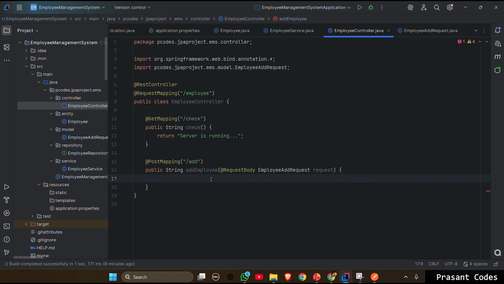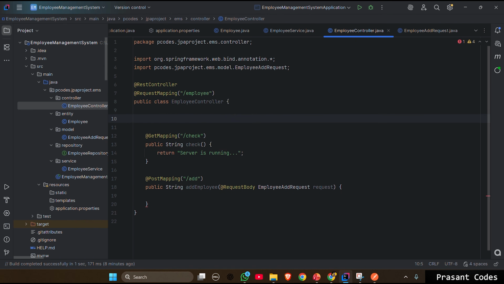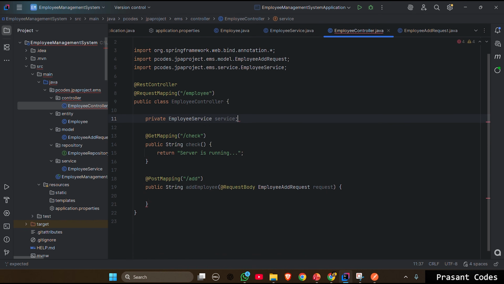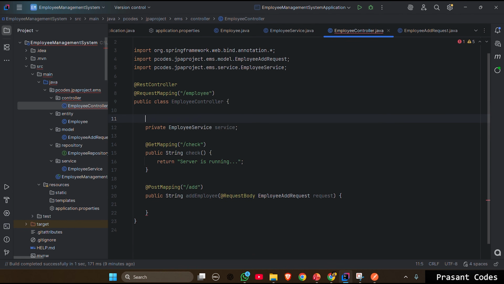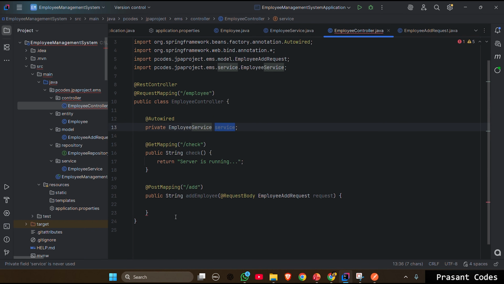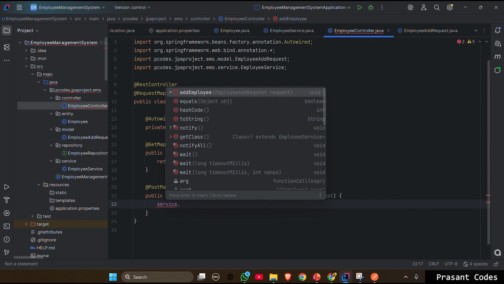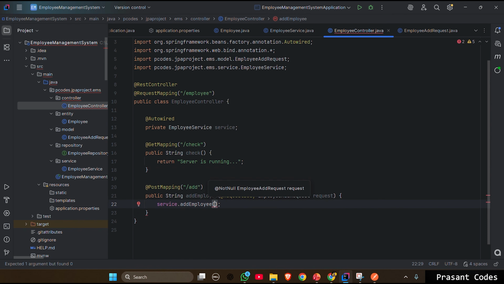Now we have to just send this data to the service layer. And how do we do that? Similarly to the repository, we will make a private employee service, let's say service, and we will use the autowired annotation here, so that Spring Boot automatically does the dependency injection for this object. Now we simply use this service dot add employee that we have already built and pass this request, and we return